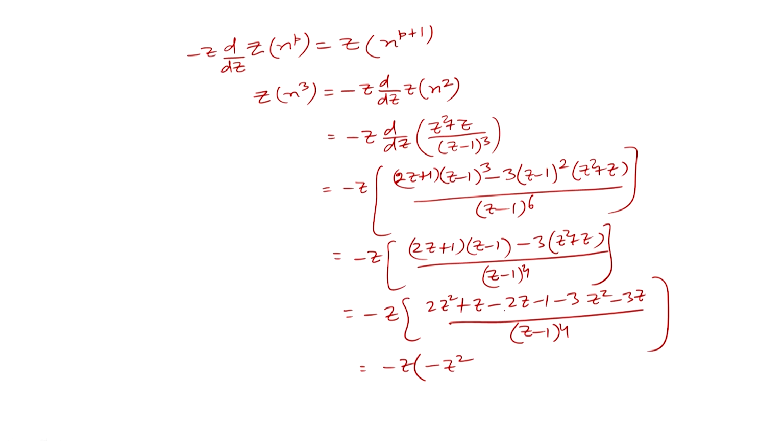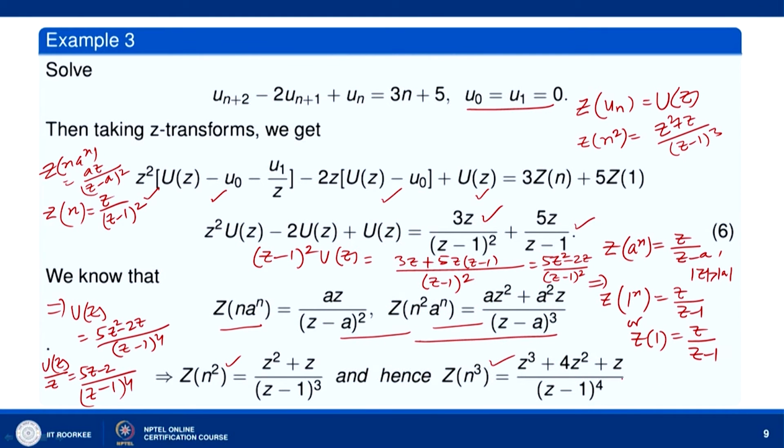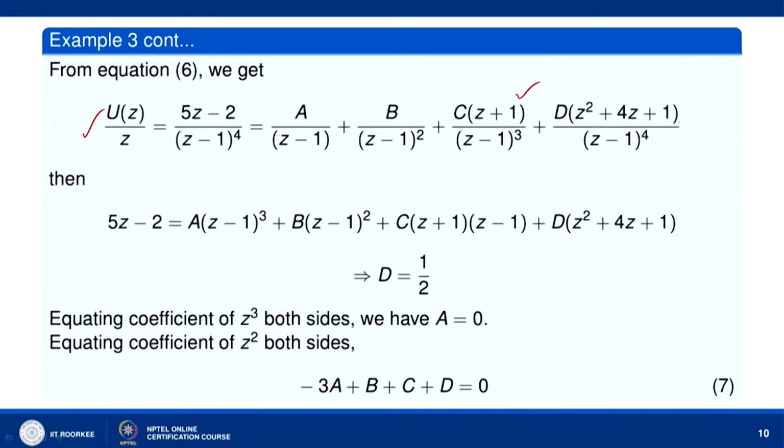Okay. And then we get here z minus 2z is minus z, minus 3z is minus 4z. Okay. And we get minus 1 divided by (z - 1) to the power 4, and this is (z cube + 4z square + z) divided by (z - 1) to the power 4. Okay. This is what we have taken here. Okay. So, what we will do now, 1 z we have already extracted from the numerator to write U(z)/z. So, we need on the right side (z square + 4z + 1) divided by (z - 1) to the power 4. So, this coefficient we have taken, (z square + 4z + 1) over (z - 1) to the power 4.